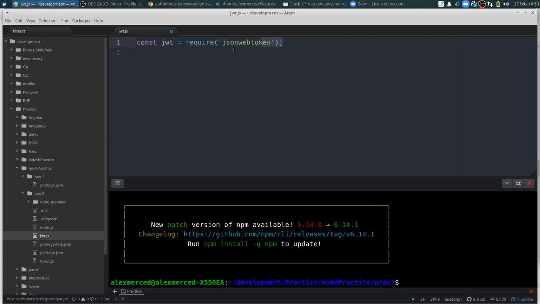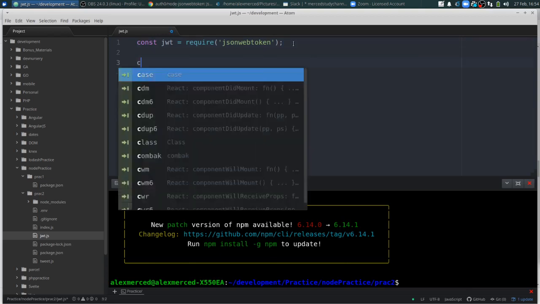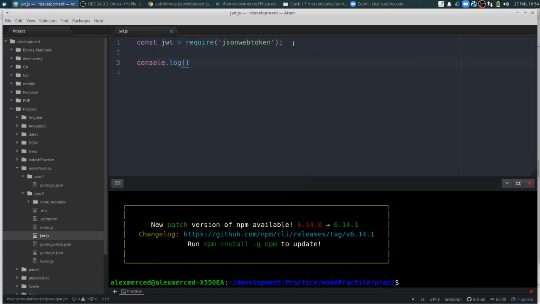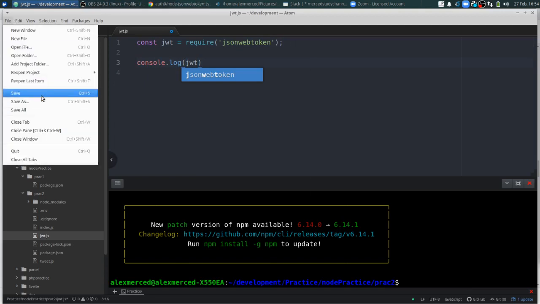Now, in a JavaScript file, I bring in a JSON Web Token. So I say, hey, I'm going to have a variable called JWT. I want it to store the contents of the JSON Web Token library. And then now I have JSON Web Token. There aren't many functions in JSON Web Token. If you want to see all the functions, I always like to console.log the library to make sure I imported it correctly. So I just do this. And if we run that,